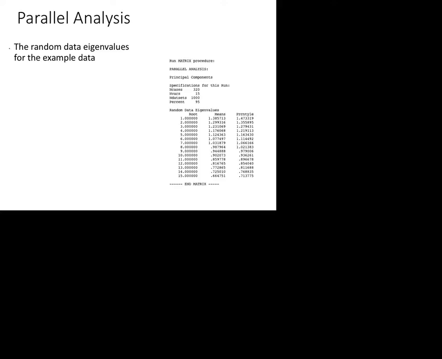And so this to me is just a much better way, instead of the arbitrary 1. Because look, with the junk data, we have all kinds of components where the eigenvalue is greater than 1, and remember it's just a random number generator that came up with the data. It just doesn't seem like I'd want to hang my ability to do research on something that